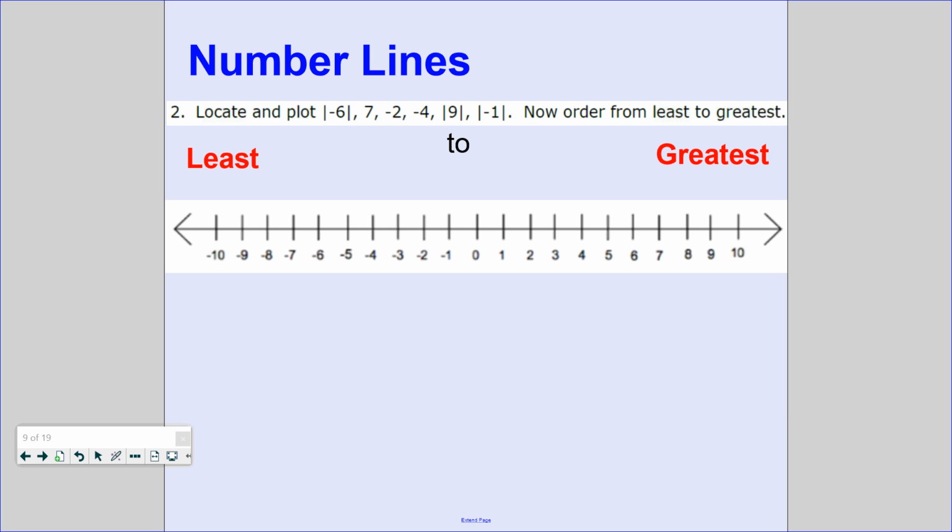Absolute value of -6. What's the absolute value of -6? How far is -6 from 0? 6 spaces. So it's right here. 7, -2,